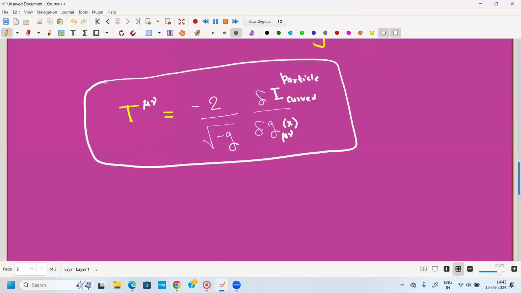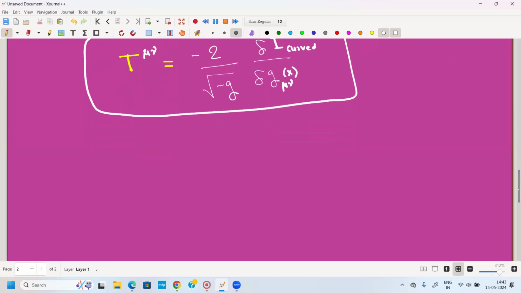So from this expression, one can observe that T mu nu looks like m naught integral d tau. After some short calculation, you can immediately observe this is just